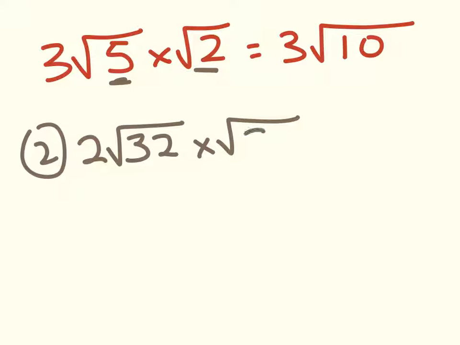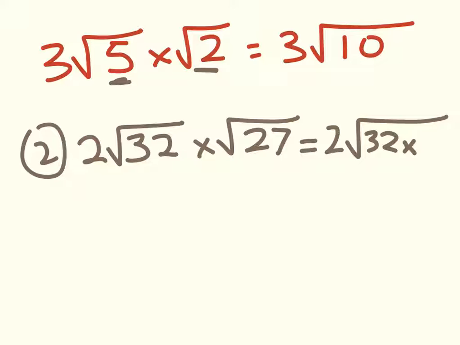but before we do that multiplying, we're going to simplify the surds. So we're not going to do this on our calculators. Okay, some of you are going to want to do that, but please don't do that. It's much nicer to simplify them first. So in here, hiding, I've got a perfect square of 16. So this is equal to 2 times